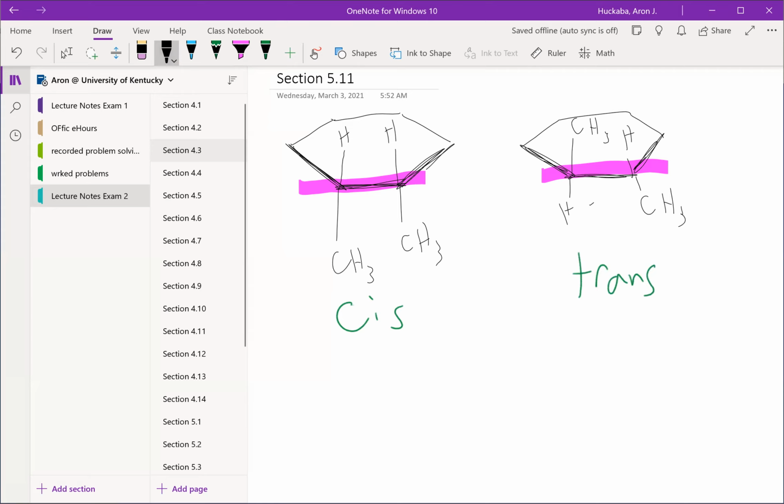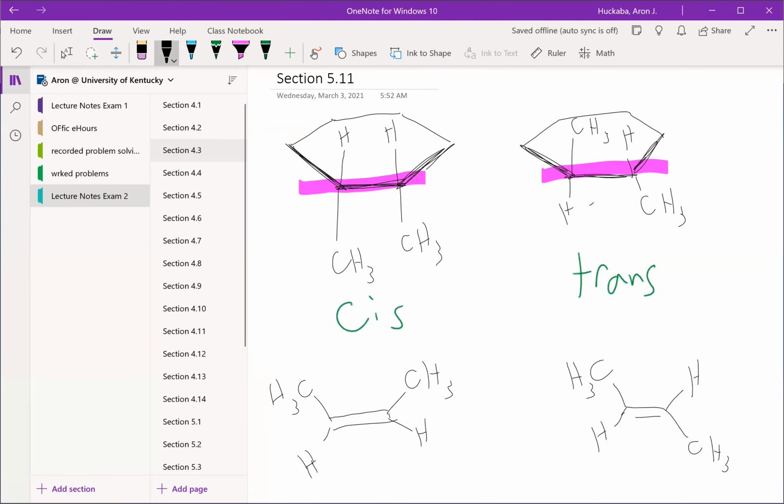In the same lesson in your book, we extended this exact same idea to double bond molecules as well. Where the cis looks very similar, except now our imaginary line is the double bond. And for the trans, it looks sort of like this. And this works pretty well for di-substituted double bond molecules, di-substituted alkenes, but it doesn't work very well for tri